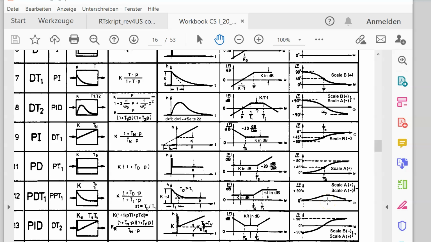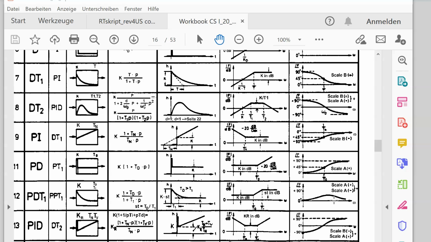Experience shows that a good selection of TD again comes with pole compensation, and I will show you how this works. Note that we have done this in the temperature controlled system: the differentiating time constant, the TV in that case, was set to the second largest process time constant. And exactly this gives